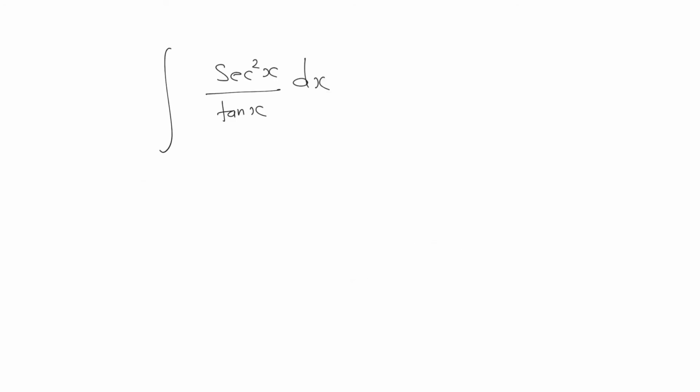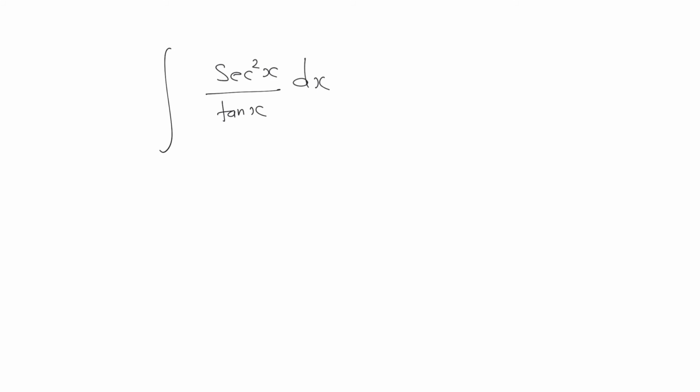We'll take another example: integration of sec square x divided by tan x dx. Again, over here there are two possibilities. Either you can take sec square x equal to t, or you can take tan x equal to t. But we have to observe that if I differentiate sec square x, I am not going to get 1 by tan x dx. That will not happen. But if I differentiate tan x, then I'll get sec square x dx. So the differentiation of this term is consumed by the remaining part of the integrand.